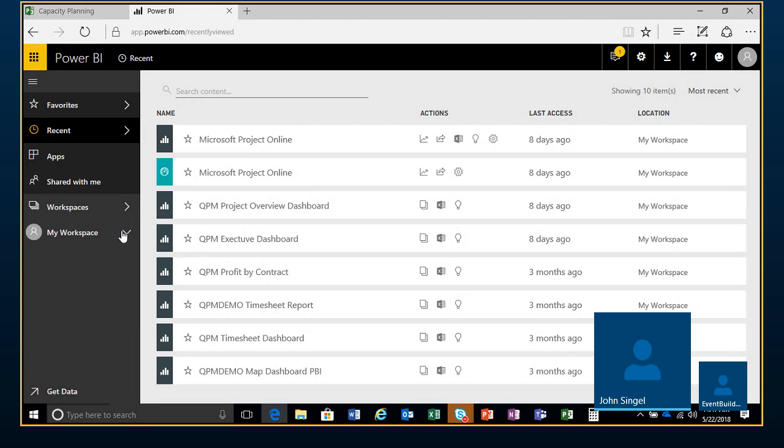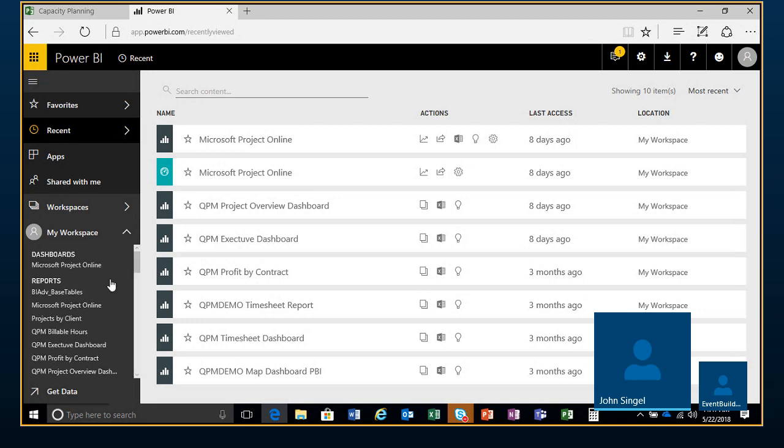In terms of what Project can offer you in terms of reporting, what they have are called content packs, which support Power BI reports. There are two major aspects of it. You've got dashboards and reports, where a dashboard is in effect a mashup of multiple reports. So you can build reports that come from a single source of truth and flow into an overall dashboard, and then you can look at it from that. The thing about the content packs is that they're not hard to build. We build them all the time